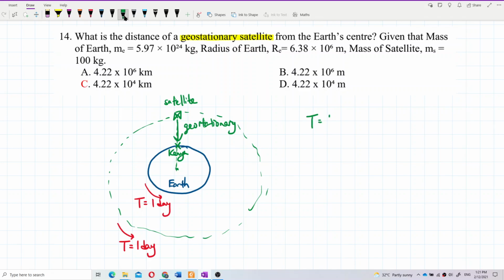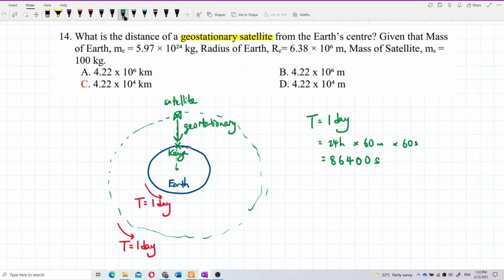So period is 1 day. We must change to seconds. 1 day is how many? 24 hours. 1 hour has 60 minutes, and 1 minute has 60 seconds. Okay, let's calculate. 24 times 60 times 60. 24 hours, 1 hour 60 minutes, 60 seconds. Okay, correct. So 1 day is actually equal to